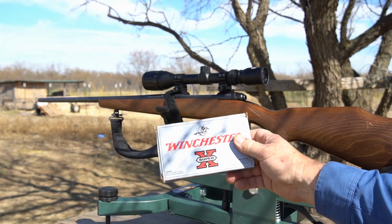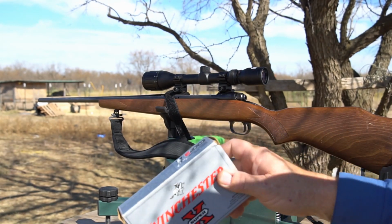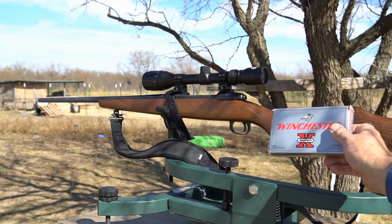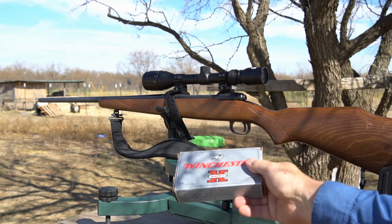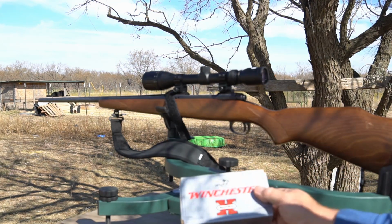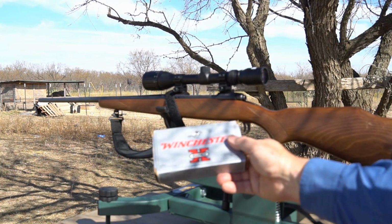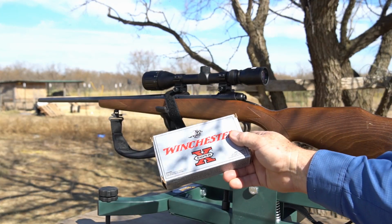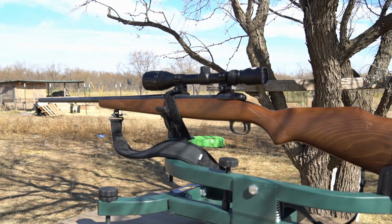When I buy ammunition, I like to buy a whole run of it and use only that run. So when I find an ammunition that likes a rifle, I just buy a bunch of it out of the same store at the same time, and then just use that ammunition. So I get essentially the same run of ammunition. But I'm only going to use it to sight in, because I'm actually running out of this ammunition after 30 years. And so I'm going to switch to a new ammunition, which has come on the market,